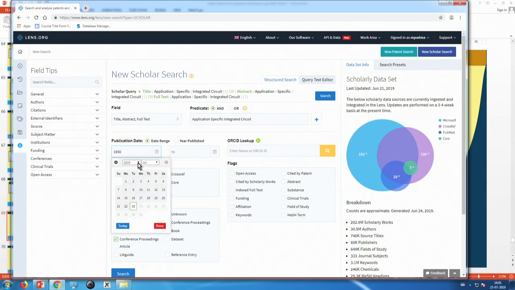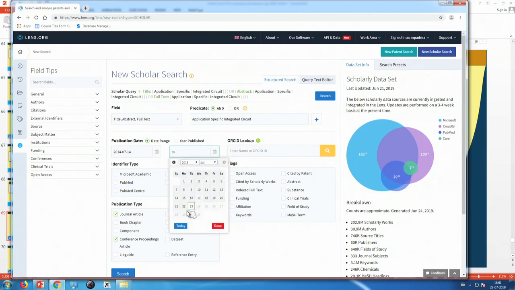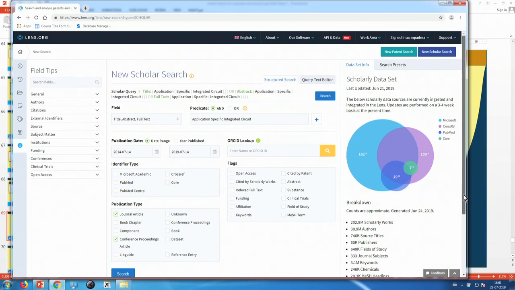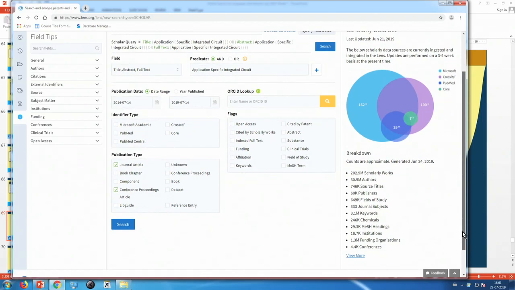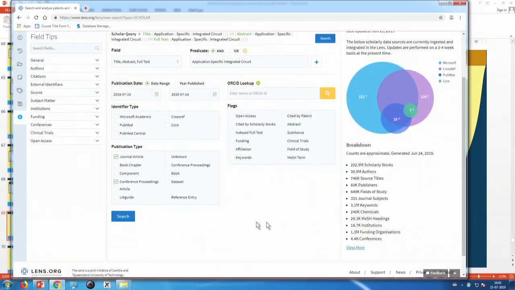You can ask for a date range of 2014 to 2019, and for identifier type we are not specifically selecting any. We would like the publication type, journal articles or conference proceedings, to be shown up. So, if you click on the search,